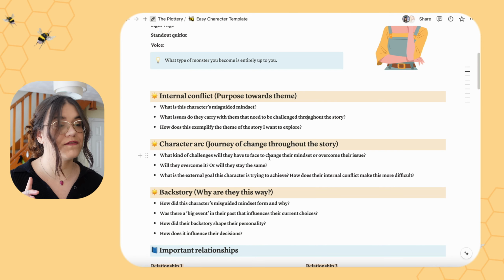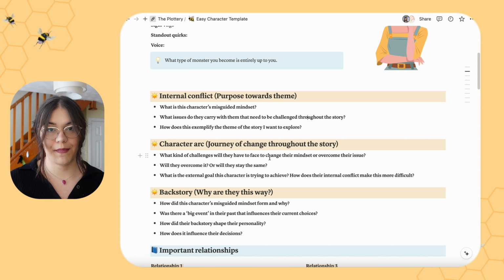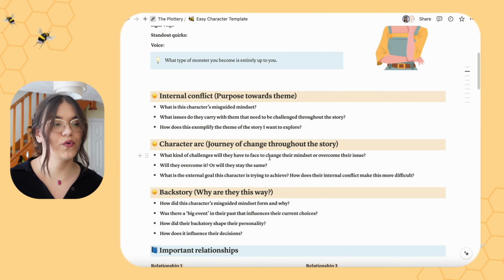So we're going to be asking, what kind of challenges do they have to face in order to overcome their mindset, or whatever their issue is to begin with? Are they actually going to overcome the issue, or will you have a tragic end? That's up to you. What is the external goal that this character is trying to achieve, and how does their